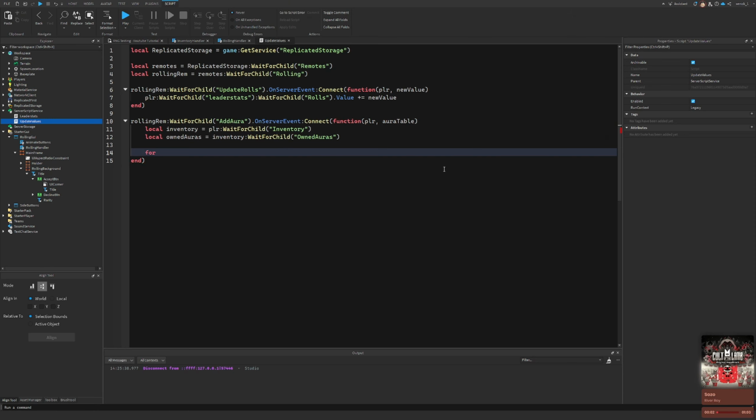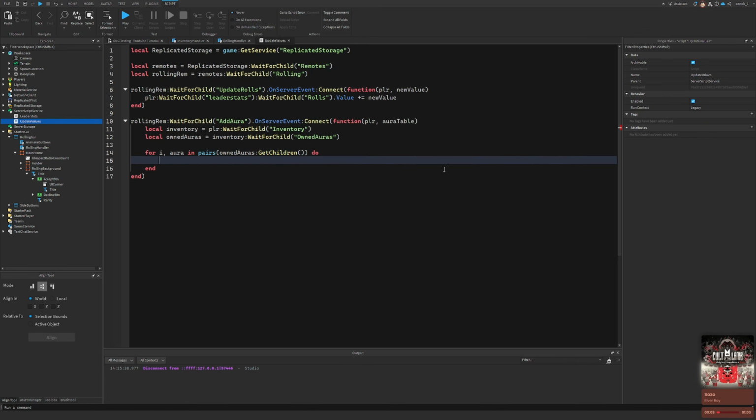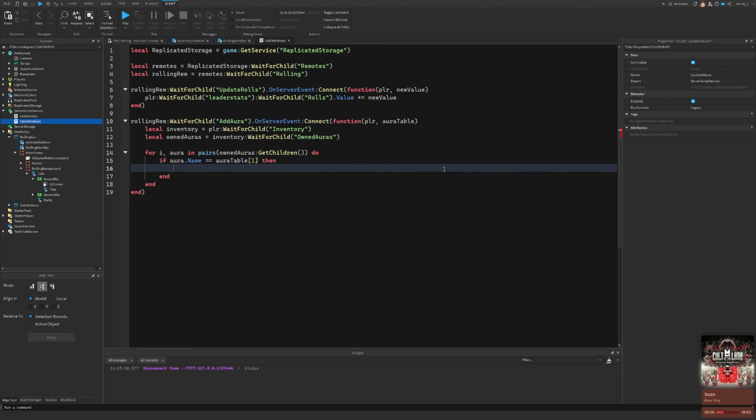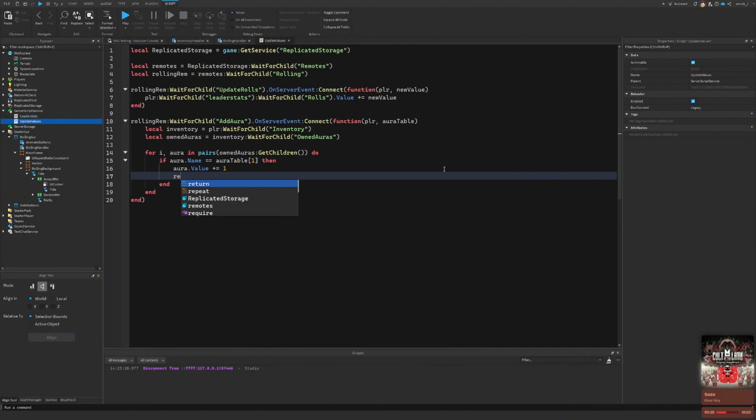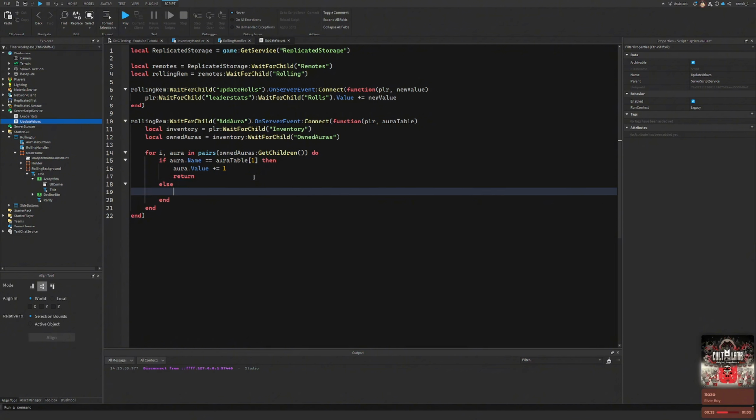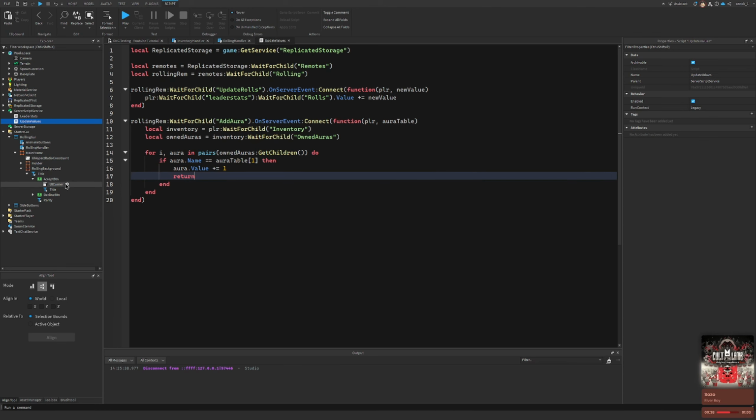So actually for every single aura inside pairs owned auras get children, do if aura.name is exactly the same as aura table index 1, then what we can do is set the aura.value plus equal 1 like this and return. And else, if we actually,